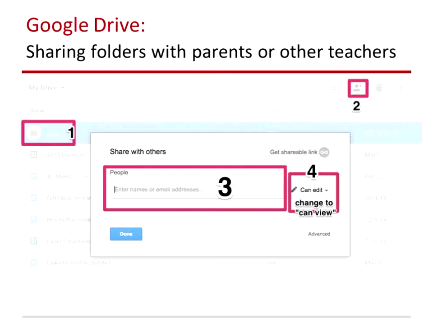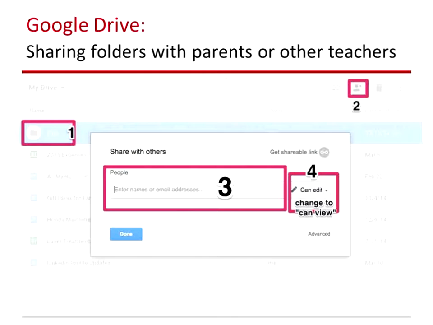Now I found you have to be very careful. If parents work for a particular company, the majority of organizations' email addresses don't really work when you want to share something with parents. So what I suggest is, I've noticed Gmail accounts work really well, as do Hotmail and Yahoo. But the other emails, I don't know why they don't work. Sometimes it works, sometimes it doesn't.